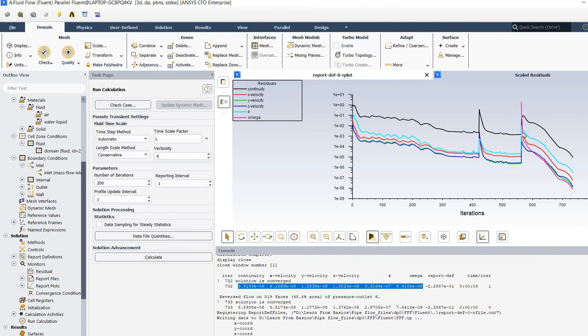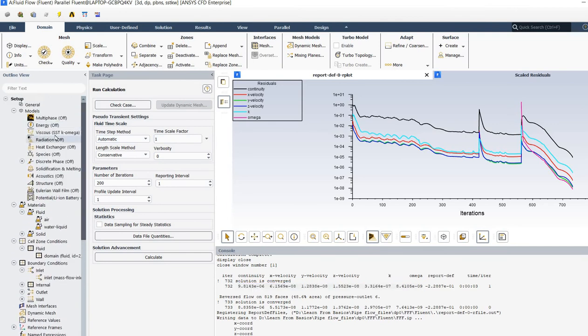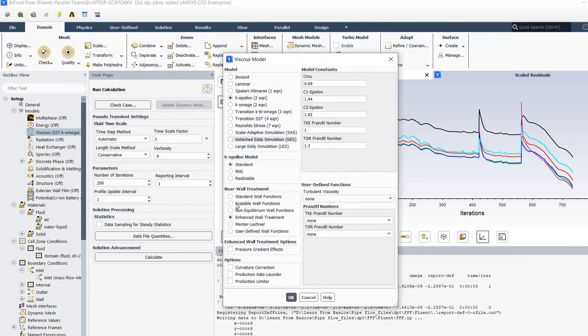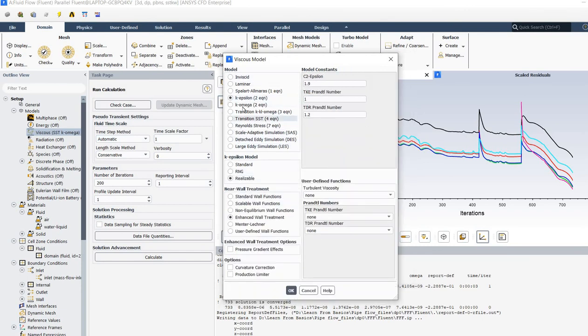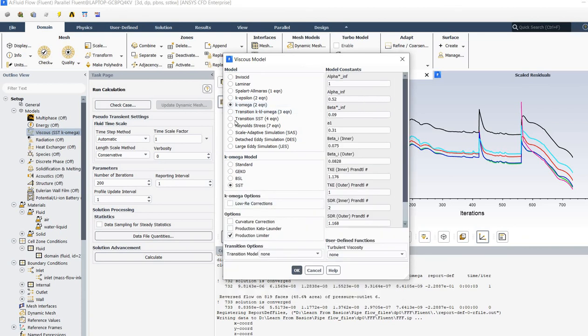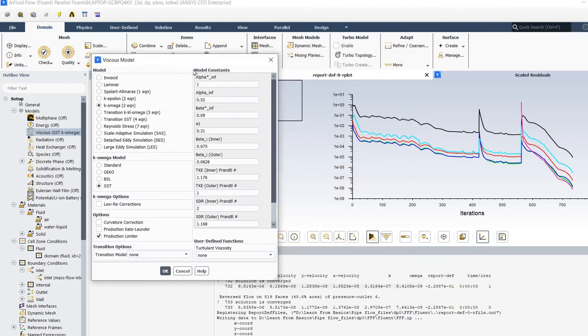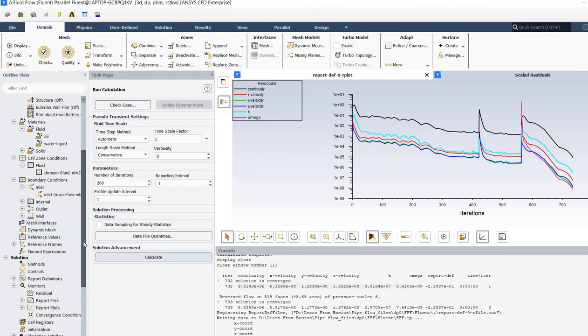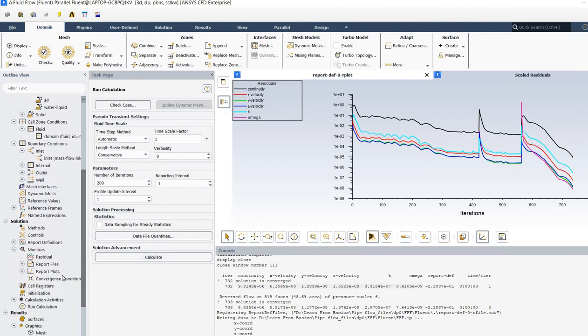And in between 500 and 600 iterations, you can see a spike here. Here what I did was I changed the turbulence model. You can see I changed the turbulence model from K epsilon, realizable K epsilon equation, to SST K omega equation, which is a better equation if you are completely resolving the wall, that is wall y plus less than 1. Okay. And you also need to check the wall y plus that you are getting after the solution.